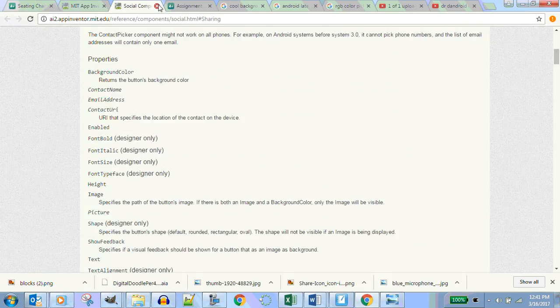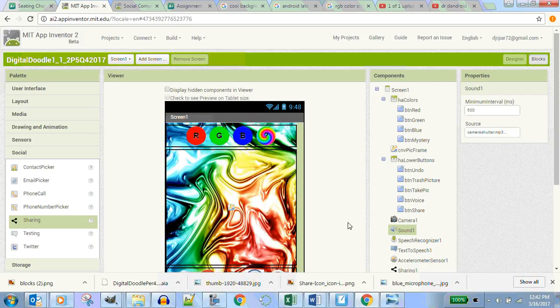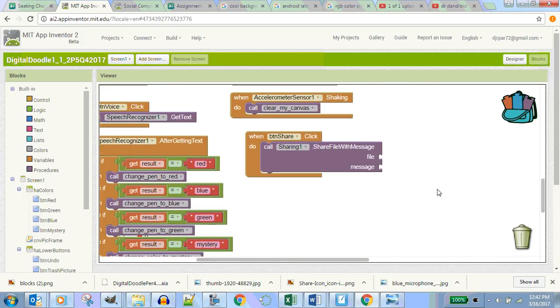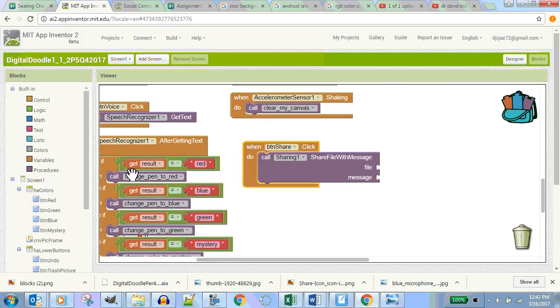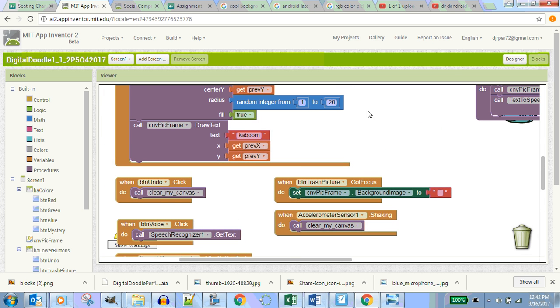So I really don't know how to do that. 9 minutes left. So we got 9 minutes to figure out how to do this. So how do we do this? I don't know. So let's go figure it out. We got 9 minutes to figure it out. When we capture the image, okay,